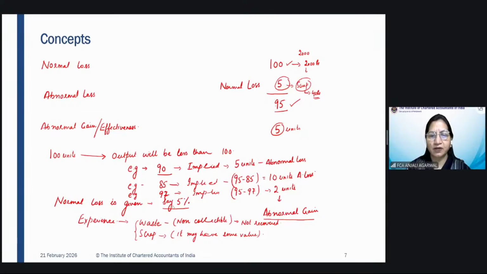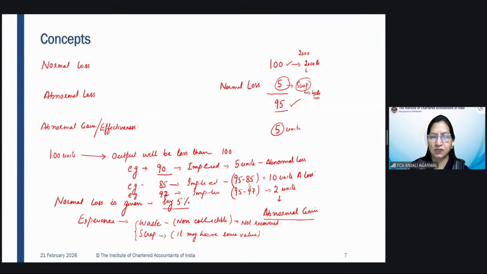So when you put in 100 units and 5% is the normal loss, we expect to receive only 95 units from the process. Now, if actual output is more than 95, we say there is an abnormal gain or effectiveness. But if actual output is less than even 95,